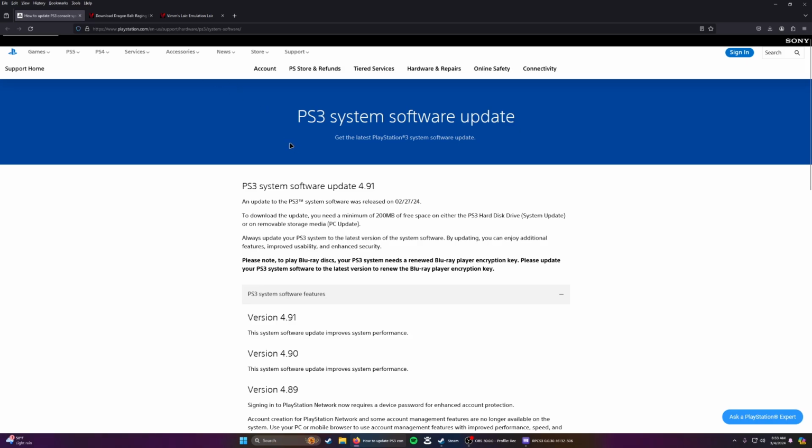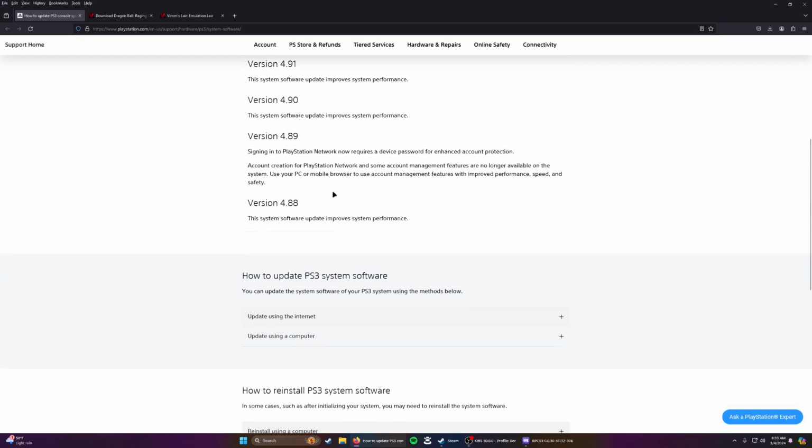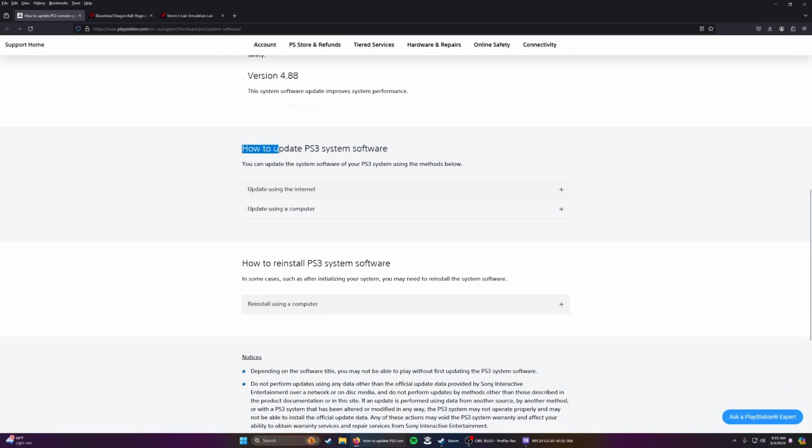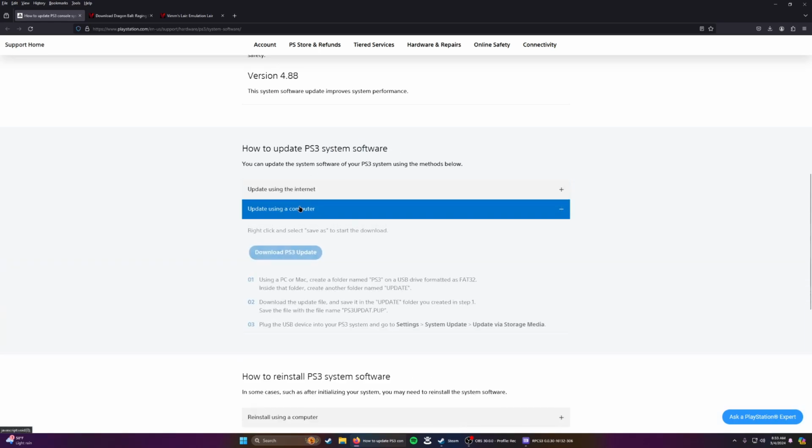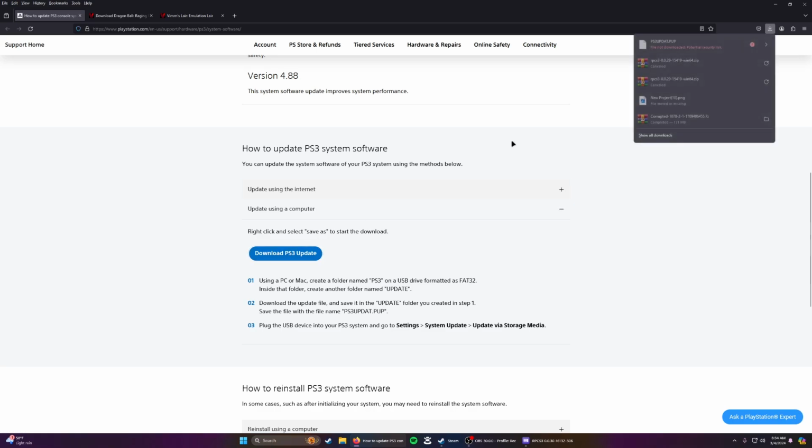Once you get to this site, you're going to be here, the PS3 system software update. All you want to do is go down to how to update PS3 system software. Click on update using a computer and download the PS3 update. Now, I didn't get this the first time, but if you do get this,